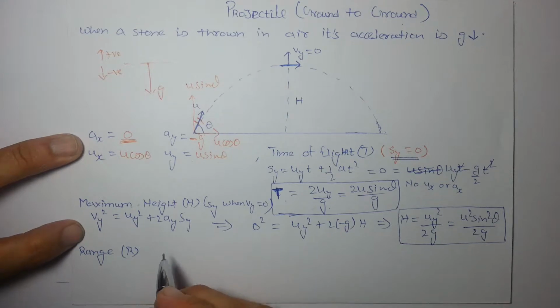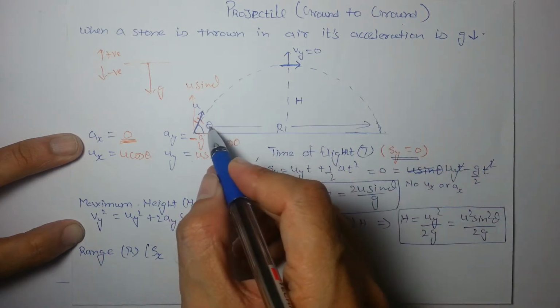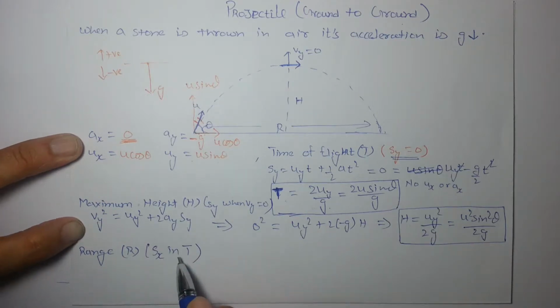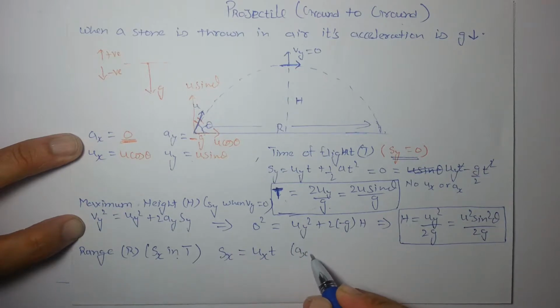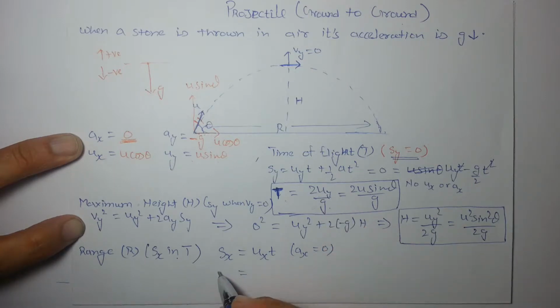What about the range? Range is nothing but displacement in x direction. This is called range. So range is displacement in x direction in time of flight, sx in time equal to capital T. Sx is very simple. Sx is ux t, as ax is not present. So ux t, where t is 2uy by g. So sx or range is